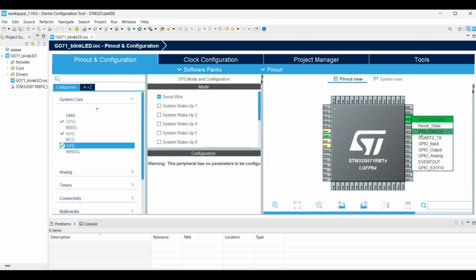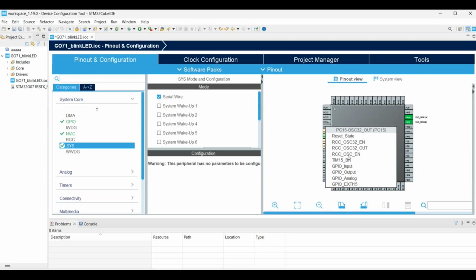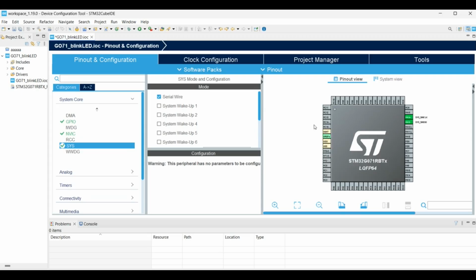So right now it is green, it is going to be used for the clock and for the serial wire communication, and this is for the same thing. If you left click on any of these, all these pins can perform these functions. If I left click on this one, it will not show any numbers or specific functions, because this pin is already dedicated and configured for this power button. Same for all these three in yellow color. Okay,